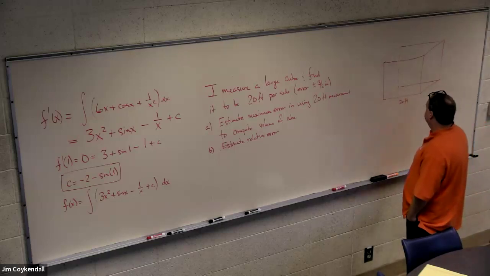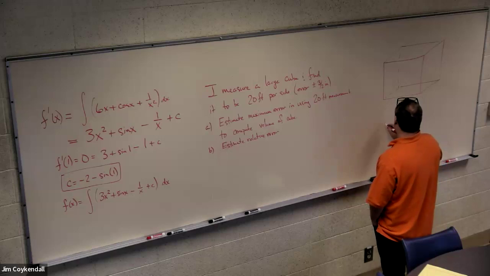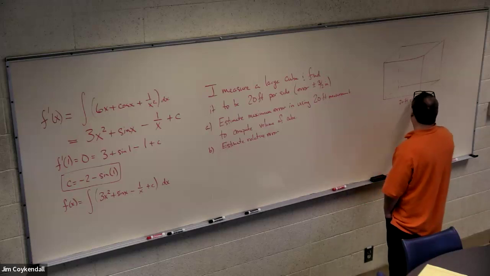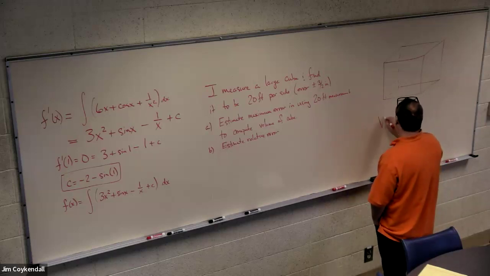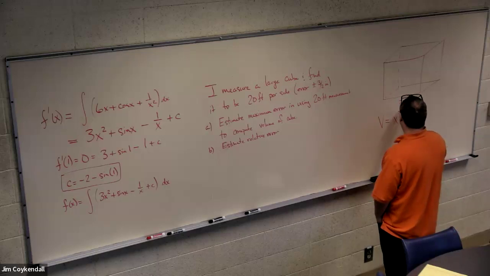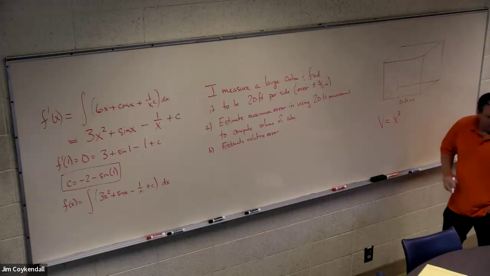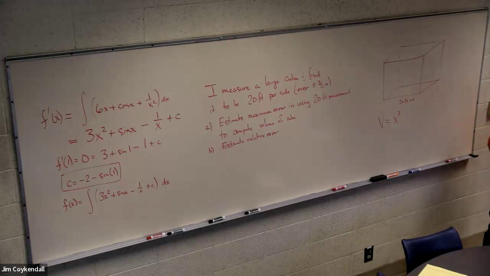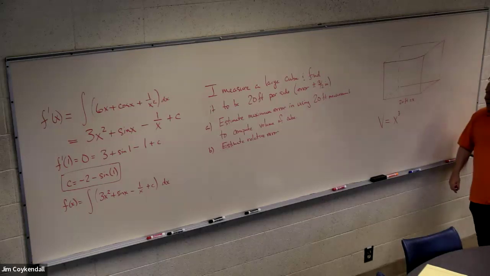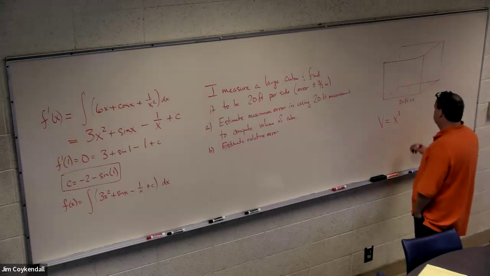So, oh, it's x. So my volume is equal to x cubed. I'm going to use this perhaps slightly off measurement to compute volume, and I want to know how much I can screw it up. I want to estimate how much I can screw it up. Well,